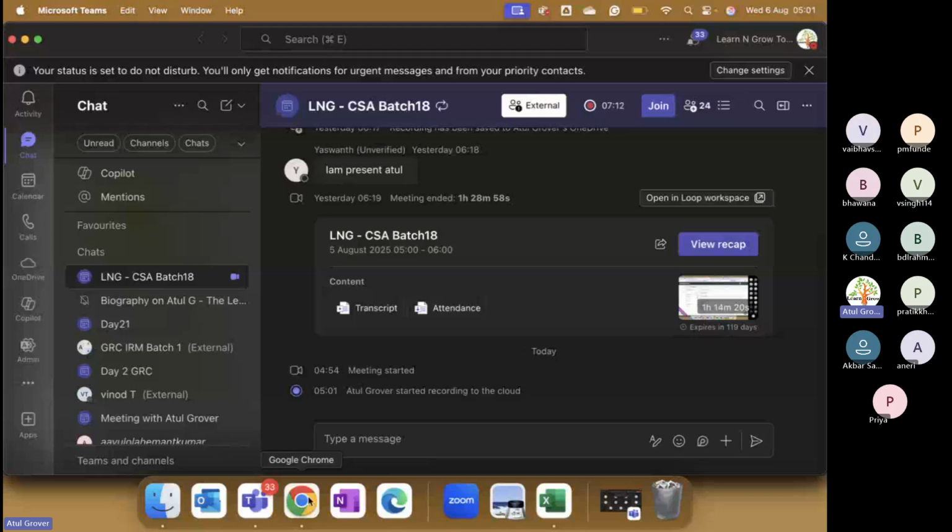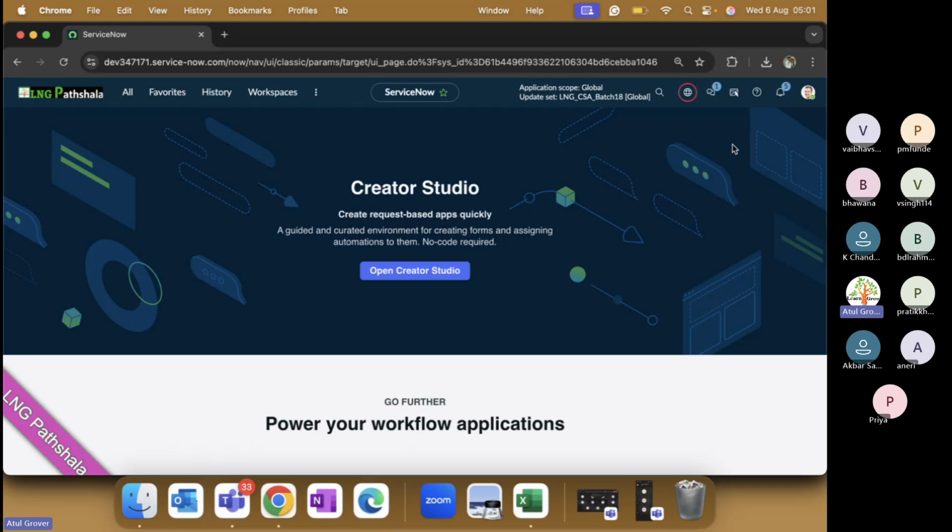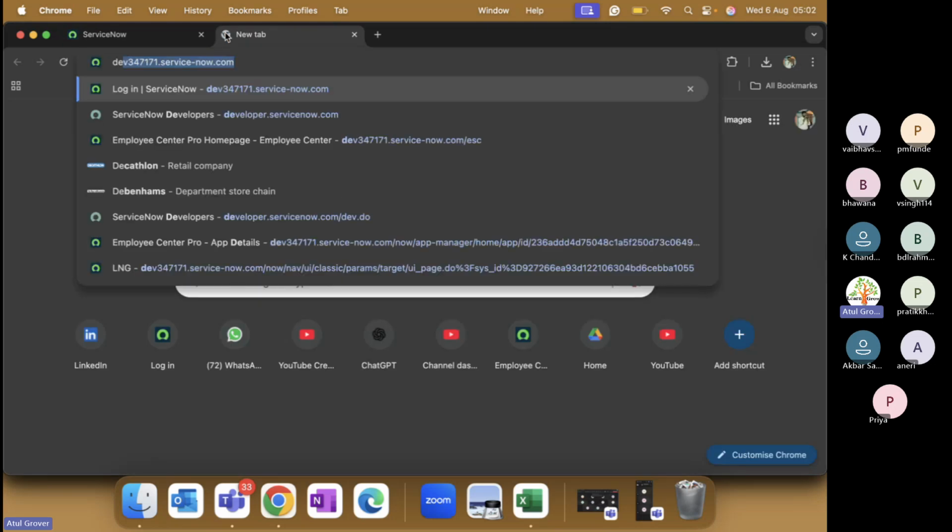Today we are on day number 13 of our class, and we were discussing the service portal. Yesterday we saw what the service portal is and what components it has. So if I go back here,